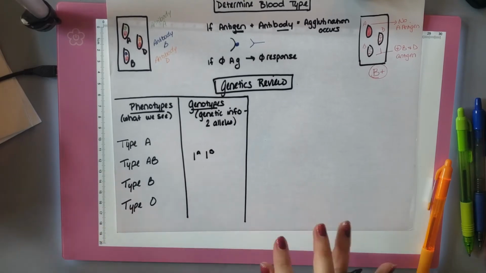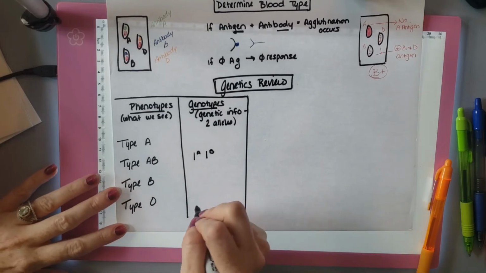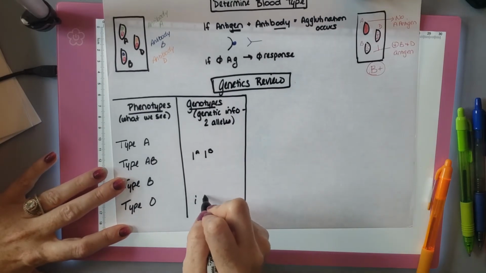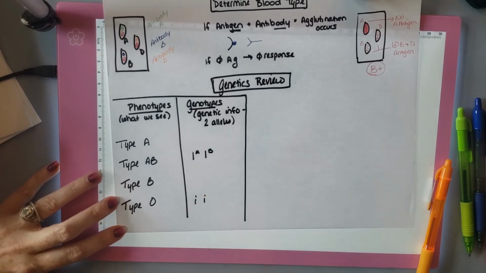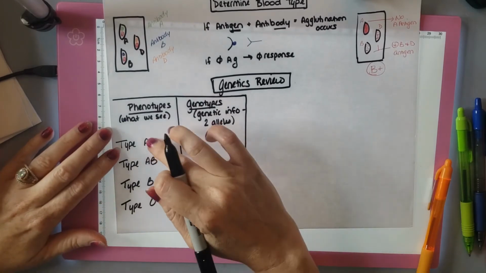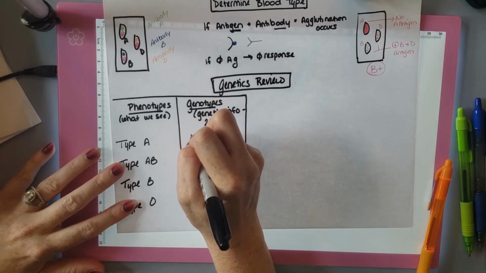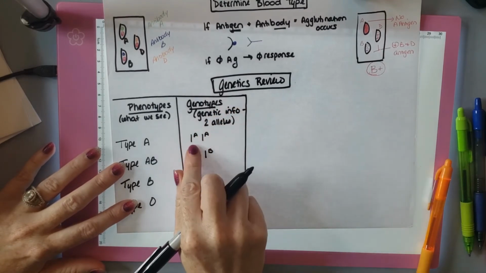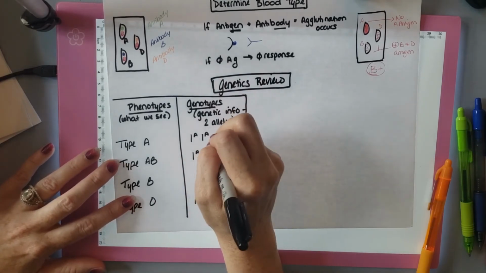O is a lack of A or B. So we use a little i for that, or little I, I don't know how you want to say it. So O would be this, because it doesn't have an A and it doesn't have a B. Now, A is dominant. So this could be either big A, so we got that from mama and that from daddy, or